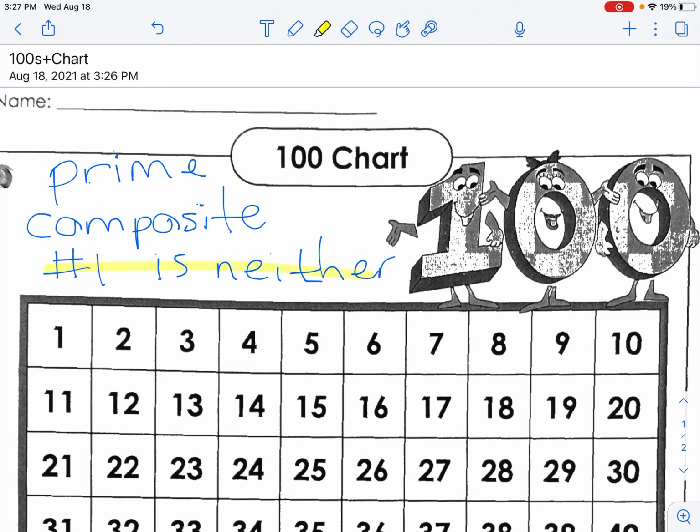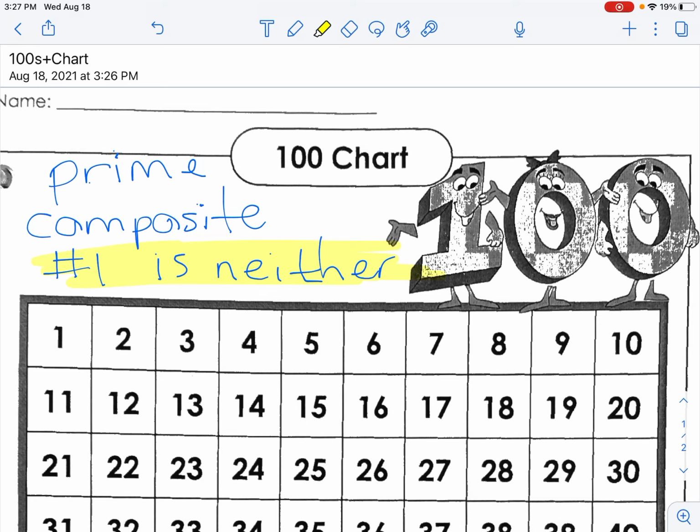The number 1, so I'm going to highlight that. That's really important to remember. Neither prime nor composite. So what we're going to do is we're going to go through the hundreds chart, and I am going to explain to you in the beginning why a number is determined prime or composite. And then I think once we get the hang of it, we'll be able to quickly go through and identify,